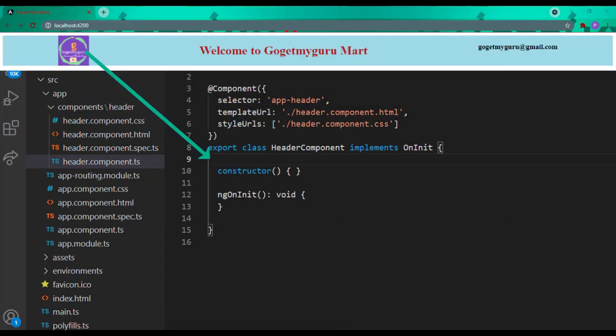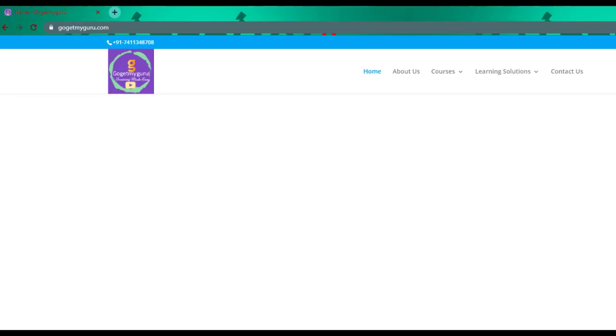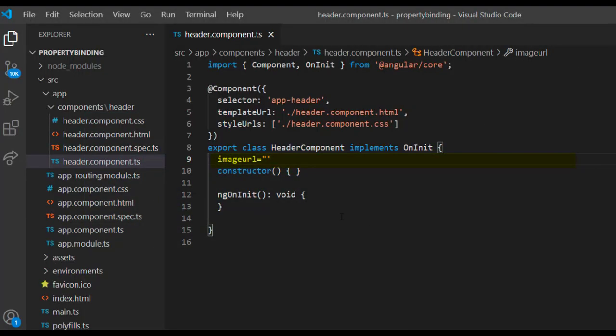To display the GoGetMyGuru logo on the header, I'll write here imageURL. So for this imageURL, we have to give the path of the GoGetMyGuru logo. So I'll go to the official website of GoGetMyGuru. Then I will copy the image address. Again I'll go to the header.component.ts file. So here I will paste that path.